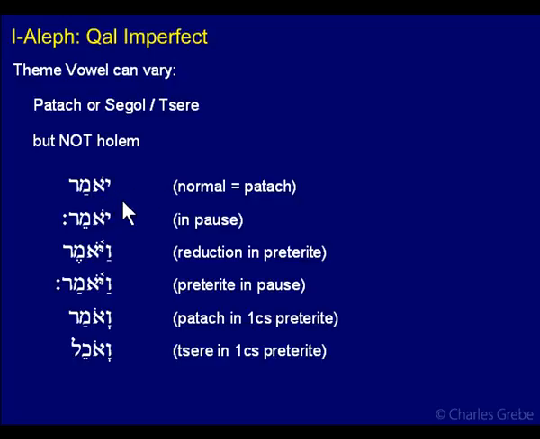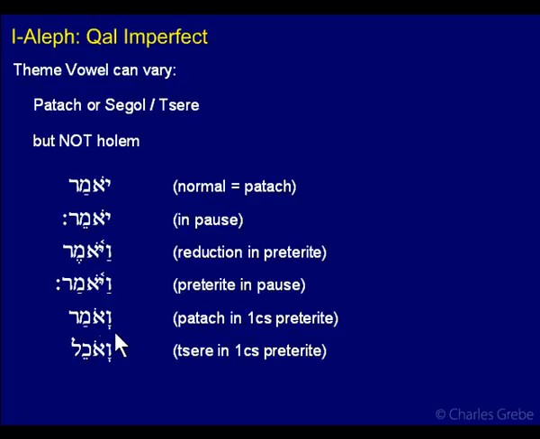Normally it's a patach. So omar. In pause, this here is lengthened to a tzere, omer. Here it's reduced, because you have the accent shift here in the preterite. So vayomer. This is actually very common just because it happens to show up a lot in the preterite form. Here's the preterite in pause, so now this has lengthened. So segol to a patach, don't ask me why. Or at least it's returned to this, I guess that's what's going on. Vayomar,